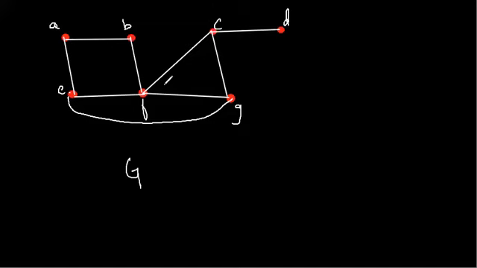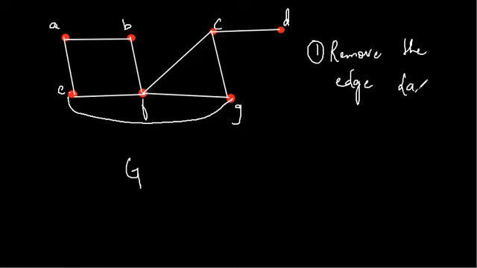So for this graph, to make it a spanning tree, first and foremost, what I can do is remove the edges which make it a cycle, or another way is by writing all the vertices and joining them in such a way that it does not create a cycle, as I have shown you earlier. So here I will follow the steps. First I'll remove the edge A comma E.